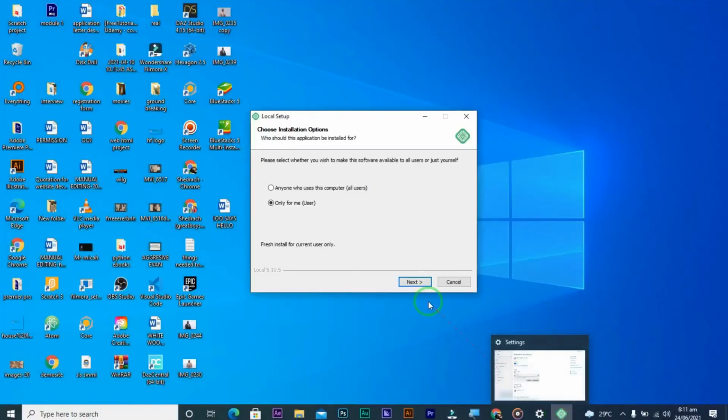So let's continue. Now it says please select whether you wish to make this software available to all users or just yourself. You can decide to make it available to anyone who uses this computer, all users. If someone else comes into your PC and changes your Gmail, the person might still be able to use this particular software. But please, if you are building a major project with this and you want to launch it live, just make it only for me,